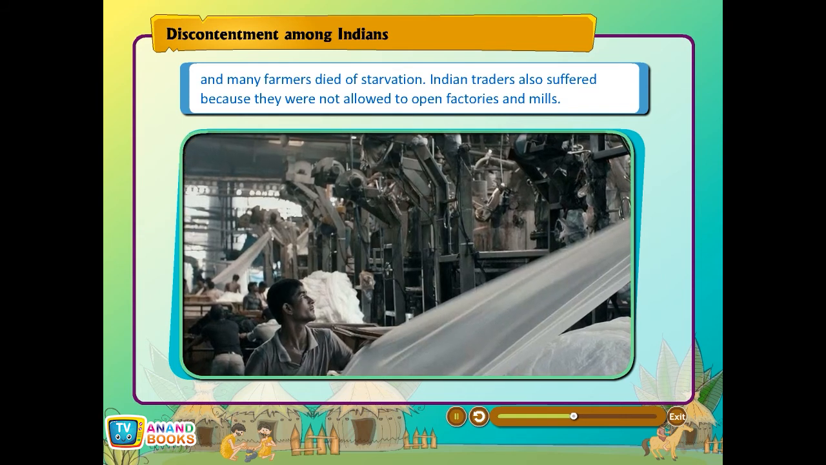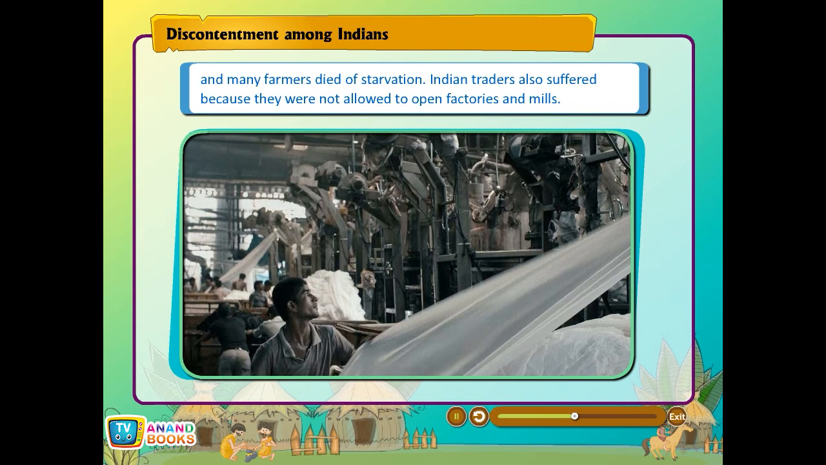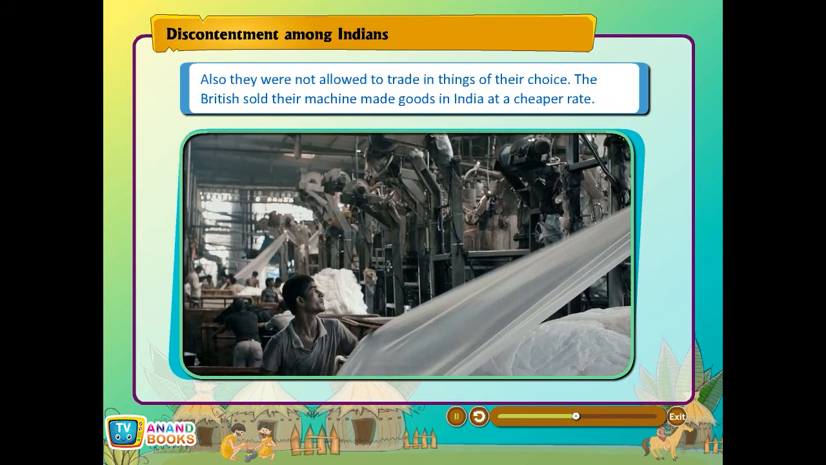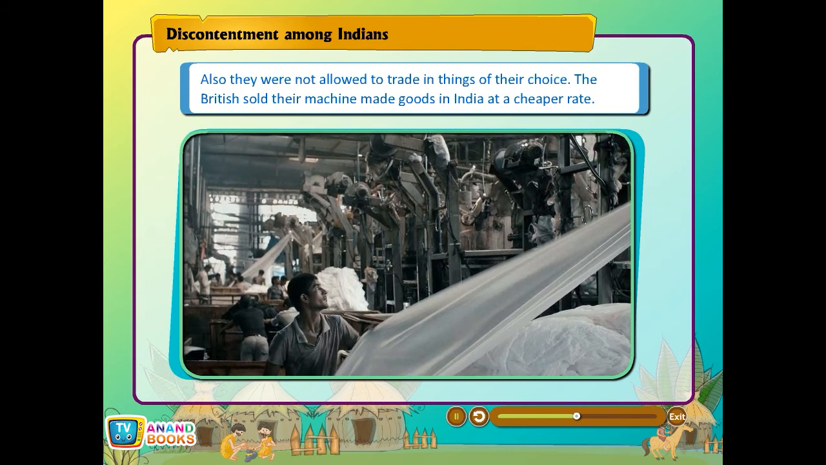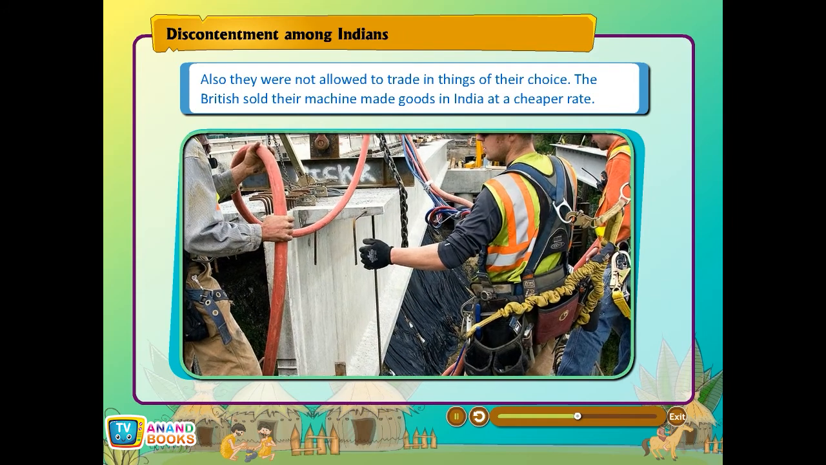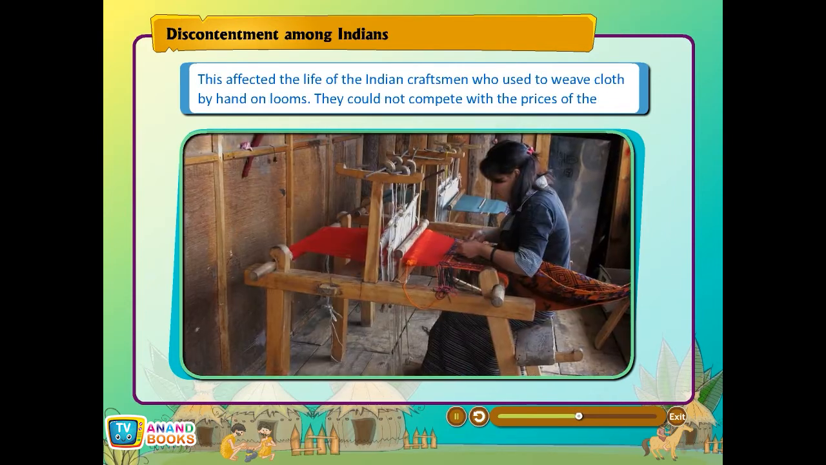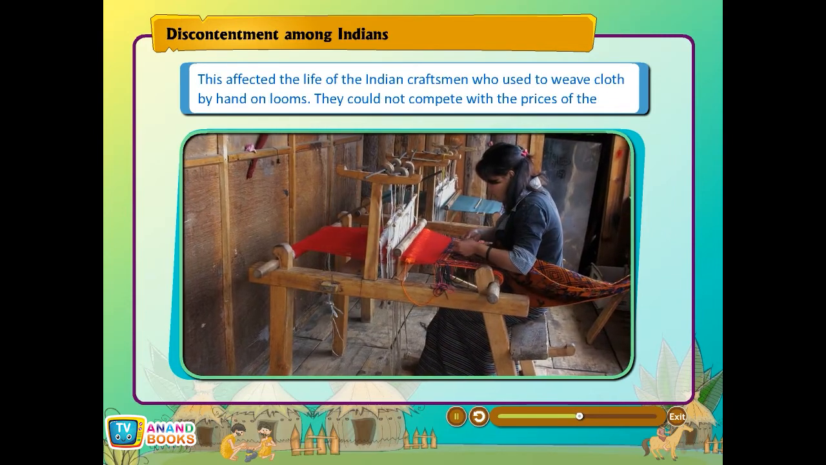Indian traders also suffered because they were not allowed to open factories and mills. Also, they were not allowed to trade in things of their choice. The British sold their machine-made goods in India at a cheaper rate. This affected the life of the Indian craftsmen who used to